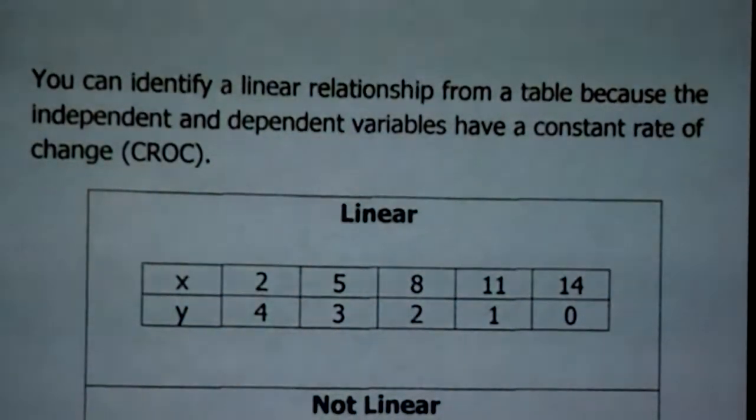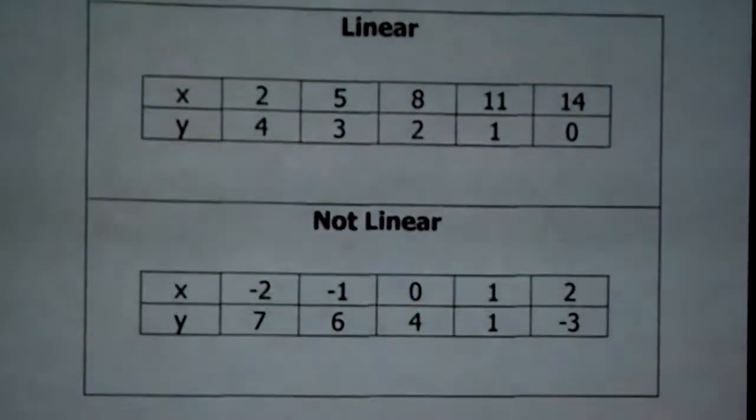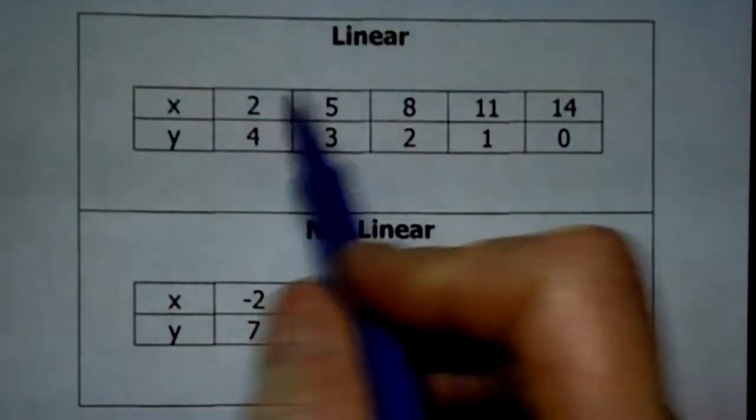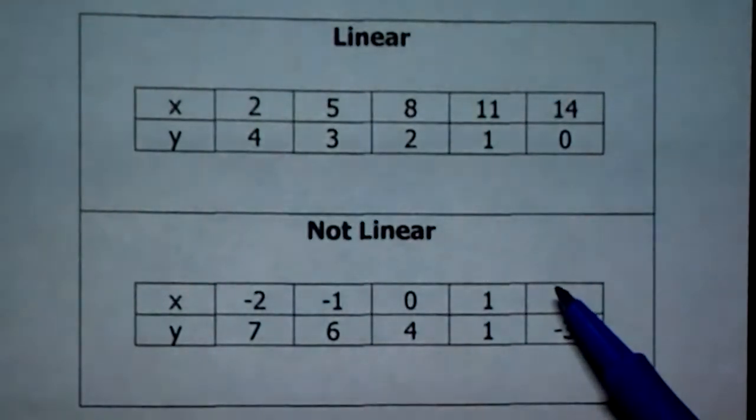It just happens. And my word for constant rate of change to remember is CROC, constant rate of change. So the tables have a CROC, and that's how you can tell. Again, I have an example of a linear relationship shown and a non-linear one. So take a look. With this first one, figuring out a constant rate of change, the rate of change is